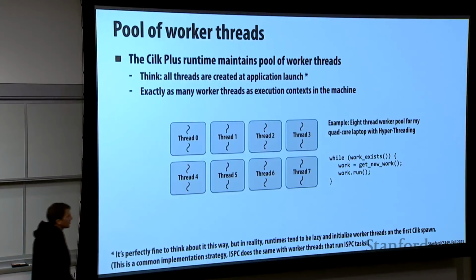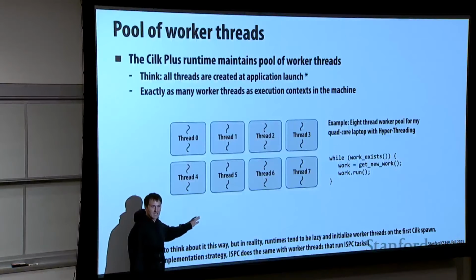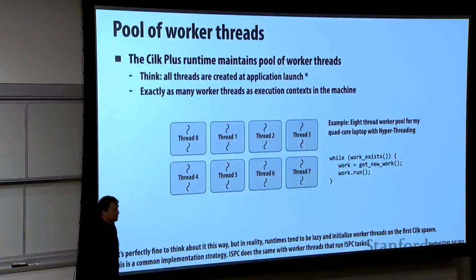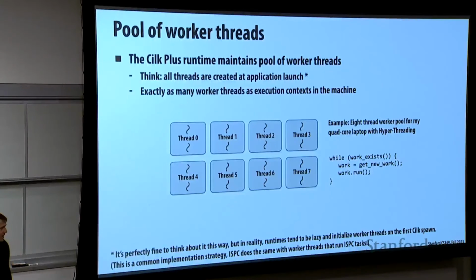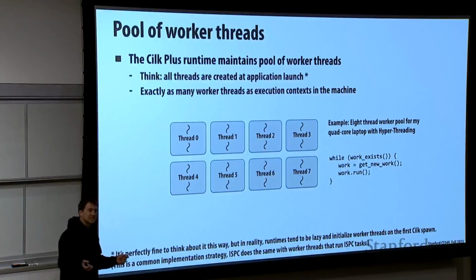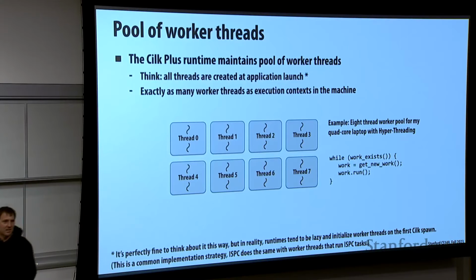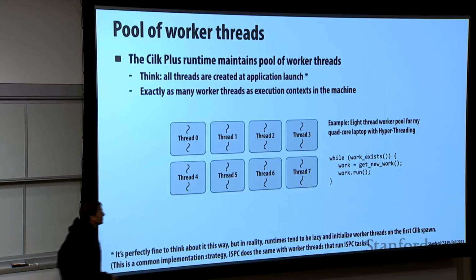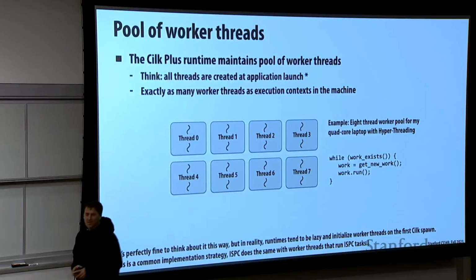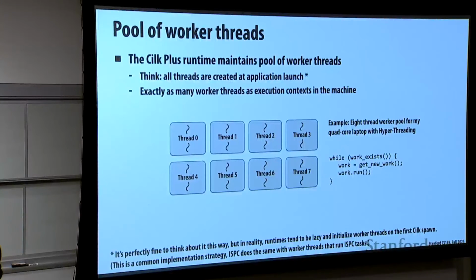So what we're going to do is what everybody does: we're going to create a thread pool. Let's say I have a processor that has 8 execution contexts. At the beginning of the program, I'm going to fire up 8 threads, and all of those threads are going to be running while there is still work to do in the system. I'm going to go grab a piece of work, and I'm going to get it done. That's the thing here. All of these spawn calls are actually going to be adding work to a list of things to do. And we need an algorithm that each of the threads runs that achieves good workload balance and